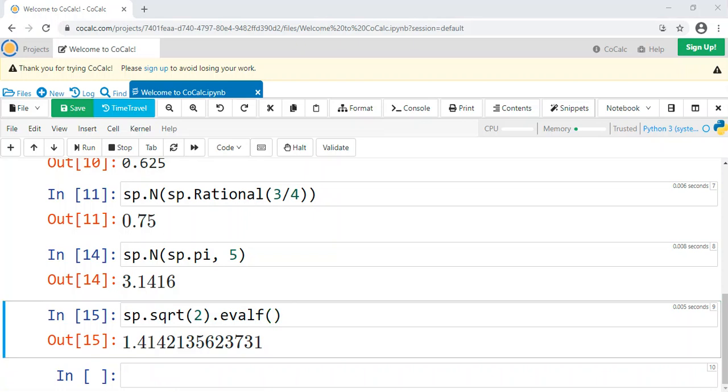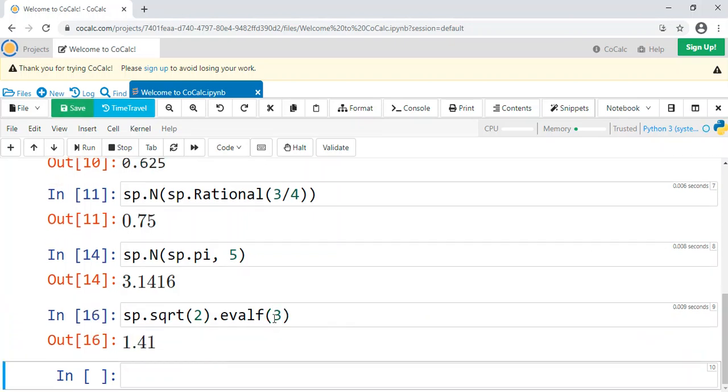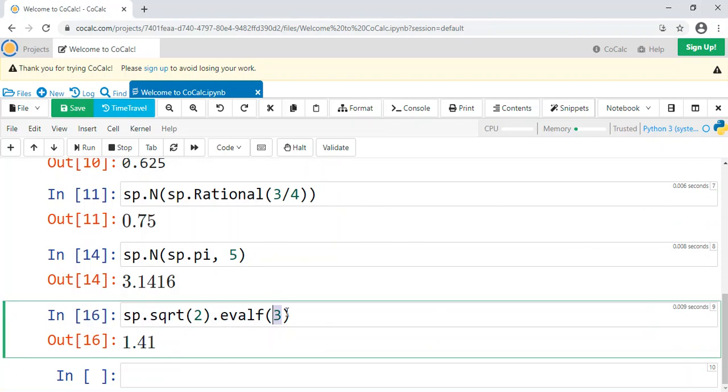And this .evalf is saying to evaluate the expression and spit back a number, so that's what it's doing. And again, you can control how many digits you want just by putting a number inside these parentheses. So if you wanted this to be 3 digits, now it's 3 digits because you put a 3 inside these parentheses.